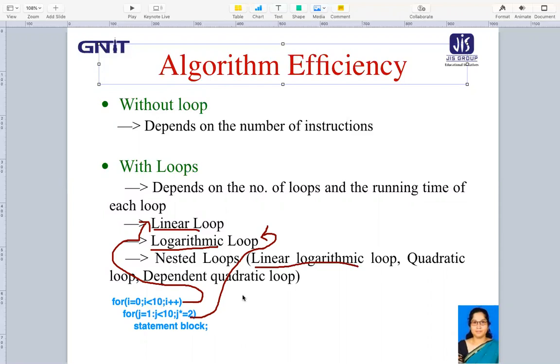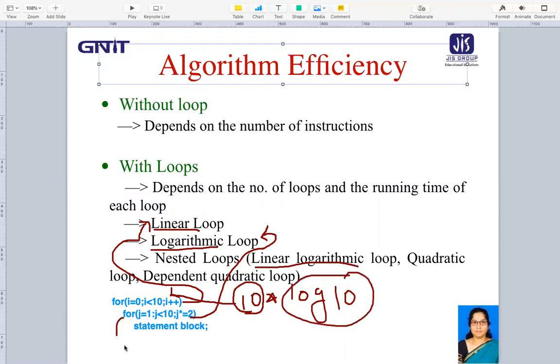This particular program is going to have 10, because this is the outer loop which is going to run for 10 times into log of 10. This 10 is for this outer loop, and this log is for the